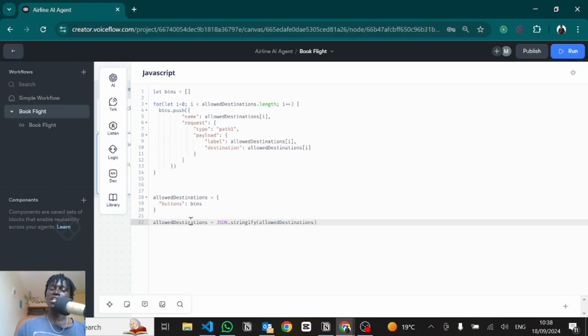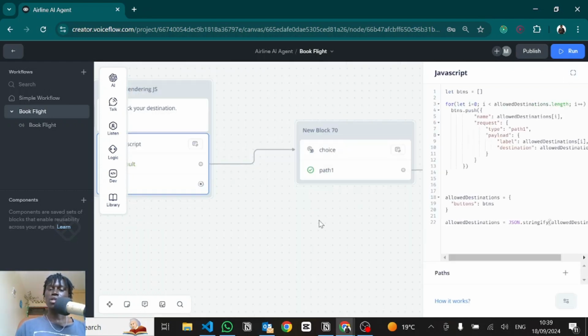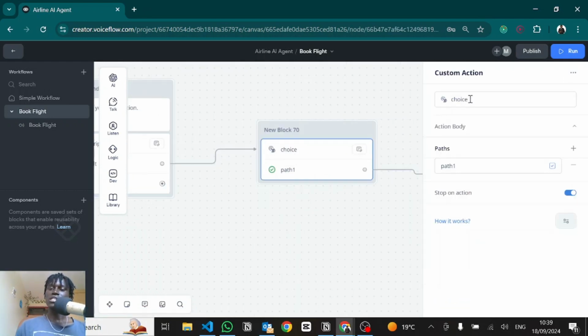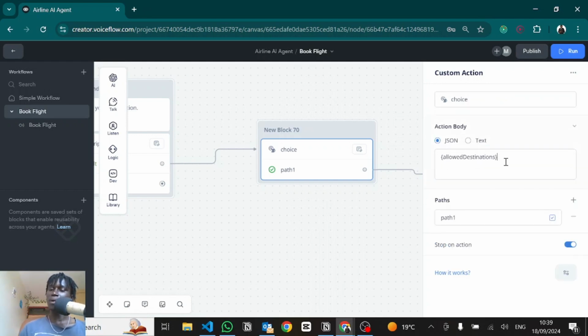Then we want to turn that payload into a string, because the custom action payload has to be a string. JSON.stringify does that. Then if you go to the custom action block, you can see the custom action name is choice. If we were rendering some carousel, this would be carousel. But since we are rendering buttons, a button is of trace type choice. Then in the action body, this is where we pass in our payload. This has to be a string, and that's why we converted it into a string. Pass in that variable,